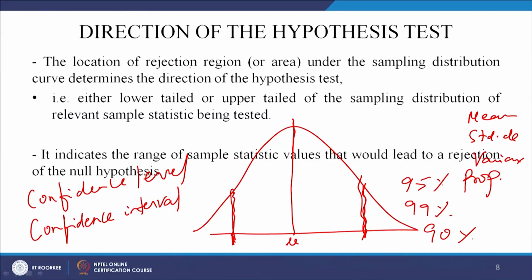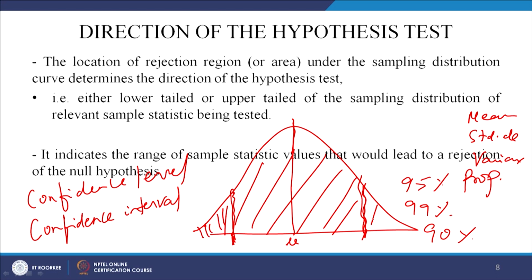So, what it is saying is the location of the rejection region. If this is my acceptance region, what is my rejection region? My rejection region is this spot if it is a two tail test. Suppose it is a one tail test and I am not bothered about this side, forget it, then I am only bothered about this side, this rejection region. So, I am only concerned about this much. Let us be very clear about it.